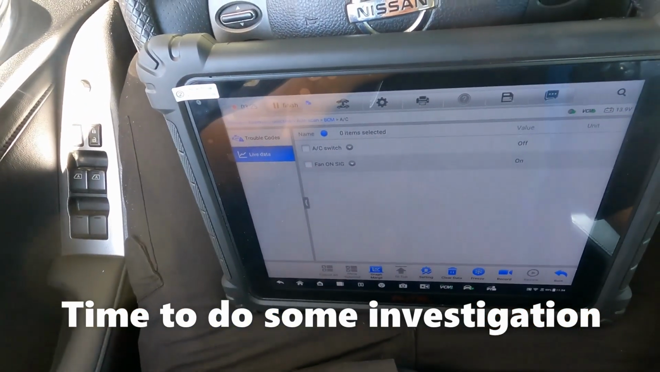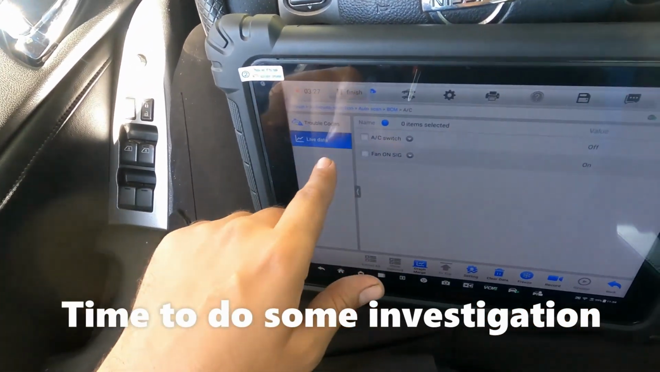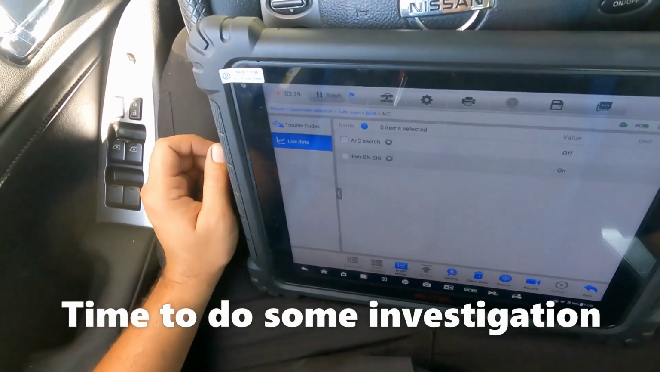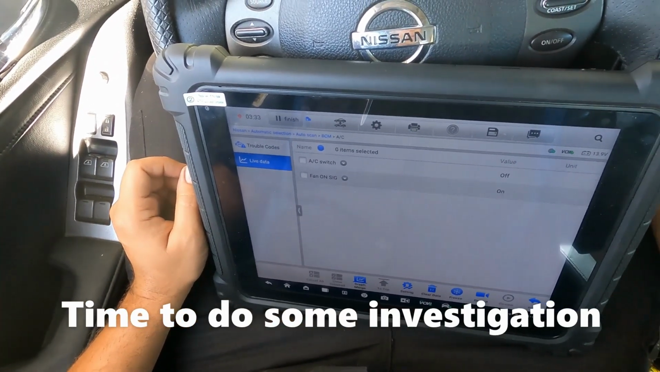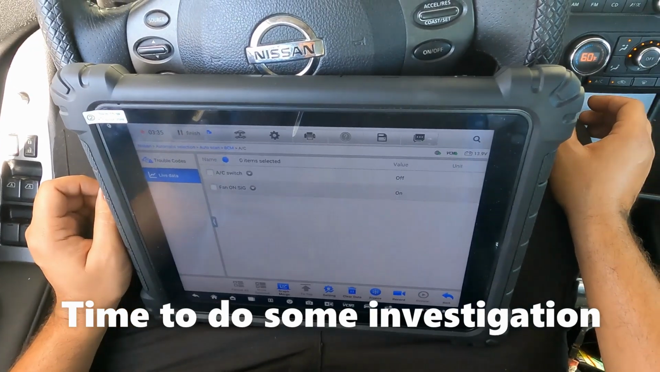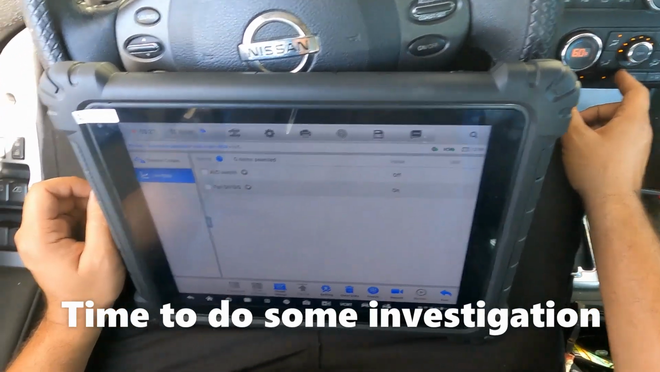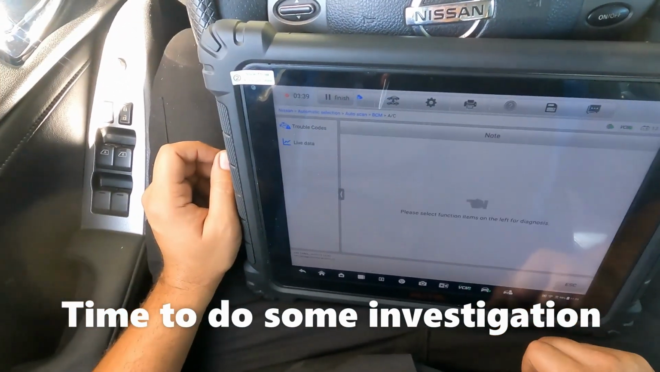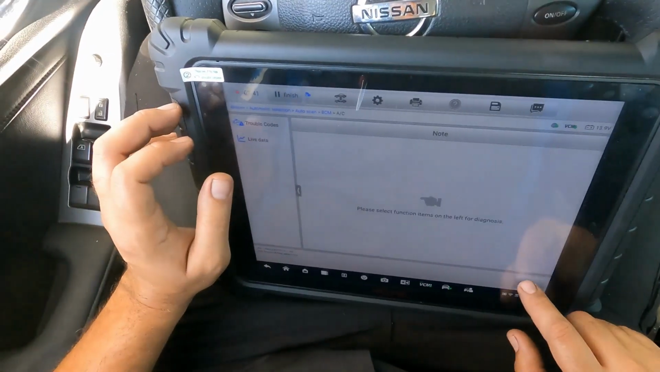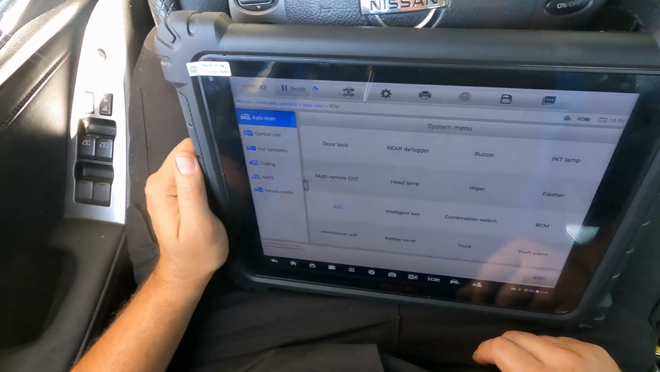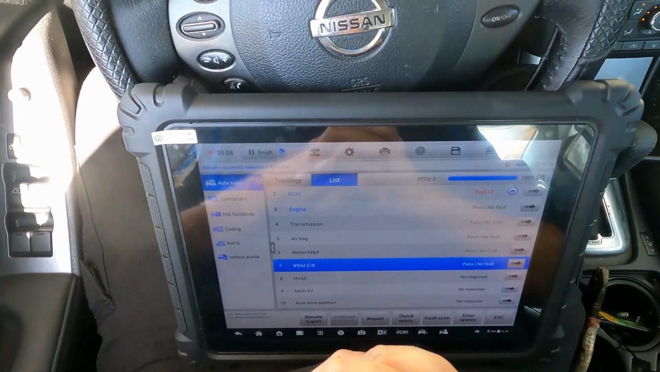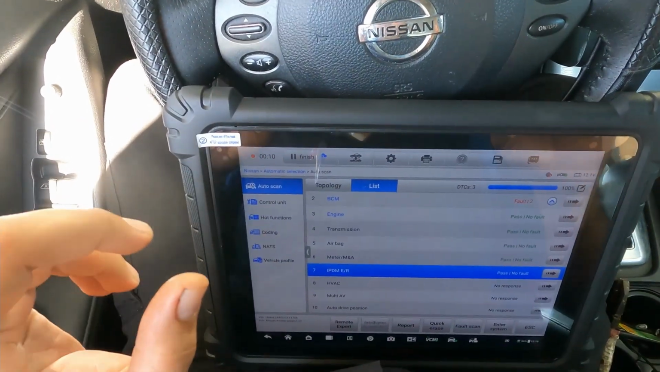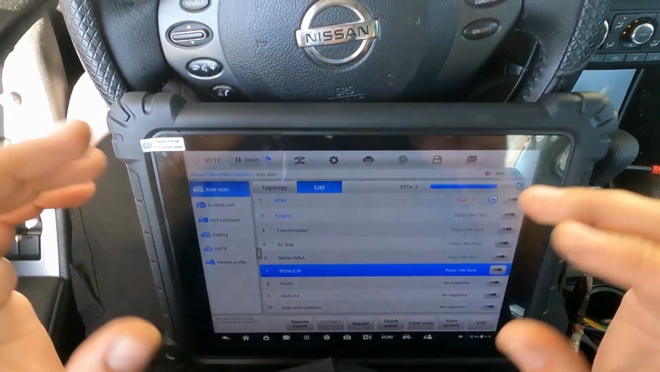Interesting. Unless this is a different PID altogether. AC switch, fan on signal. Let me make sure that I'm not spading my tires here. All right, so I did a little bit of research, and what I have found is that